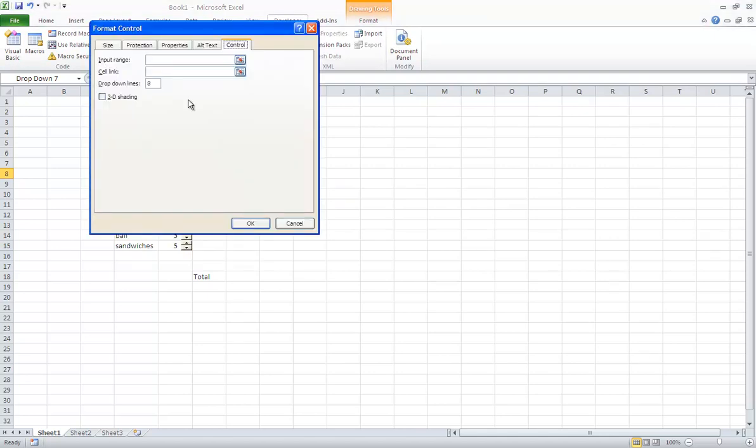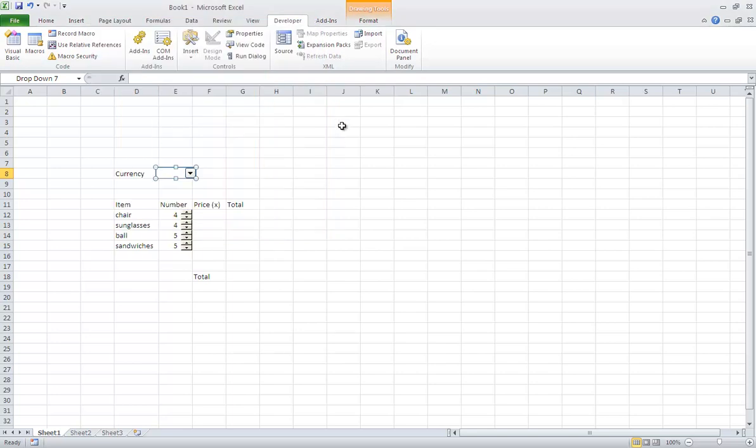and here I need to give 2 kinds of information. An input range, that is what will be visible in this control, the choices of currency, and a cell link. That's a cell which holds a number depending on the choice of currency. So before I select an input range, I will just cancel here and write Swedish crowns, euro and US dollars